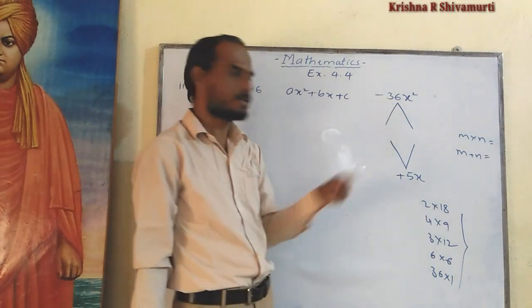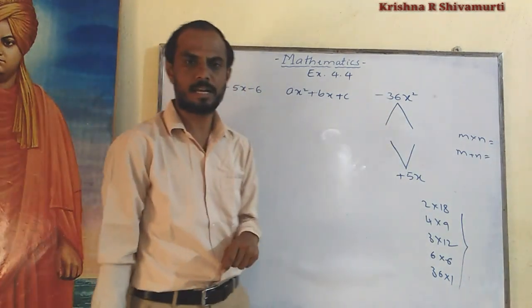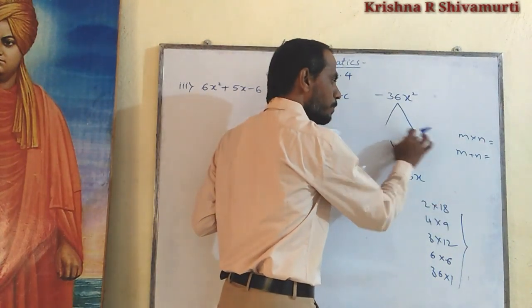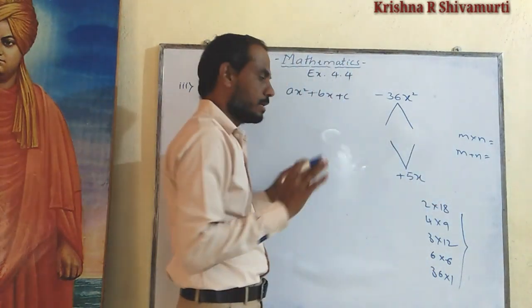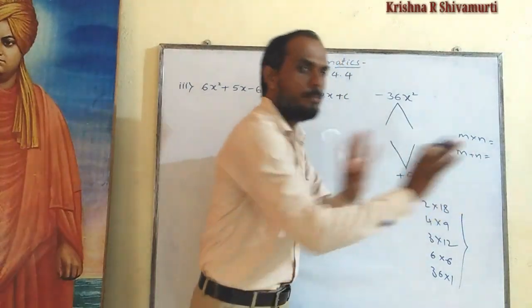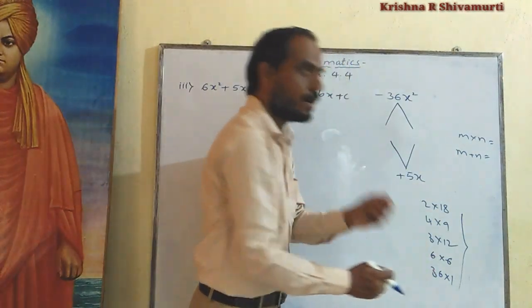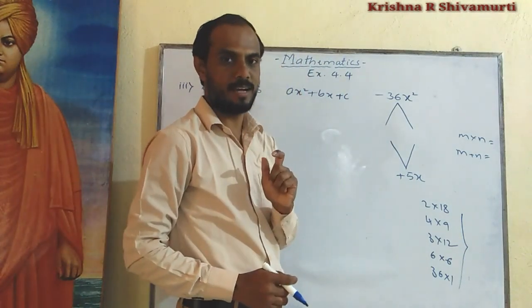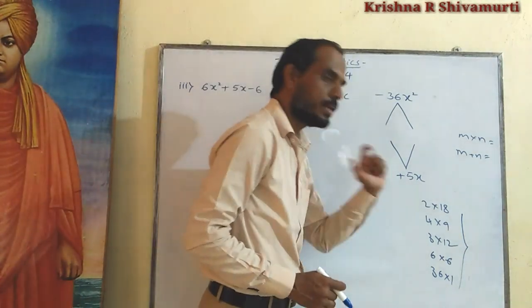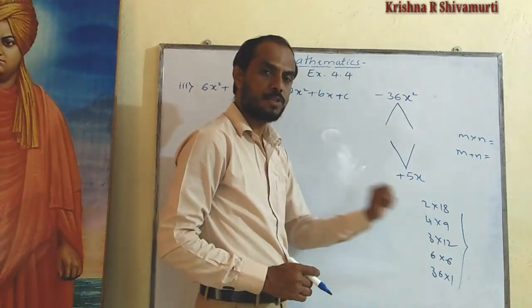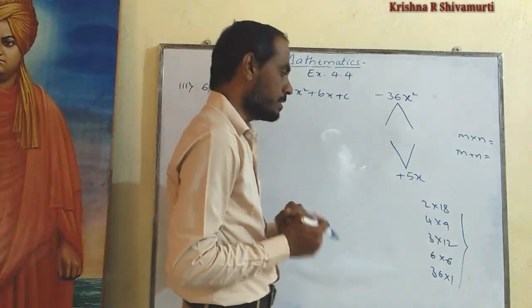I will check afterwards how to take the minus sign. I will state the condition. Okay, you got it. The products of these numbers are listed, and there are no others. Among these possibilities, we have to choose the unique pair. Which one is the unique pair? How to check that?